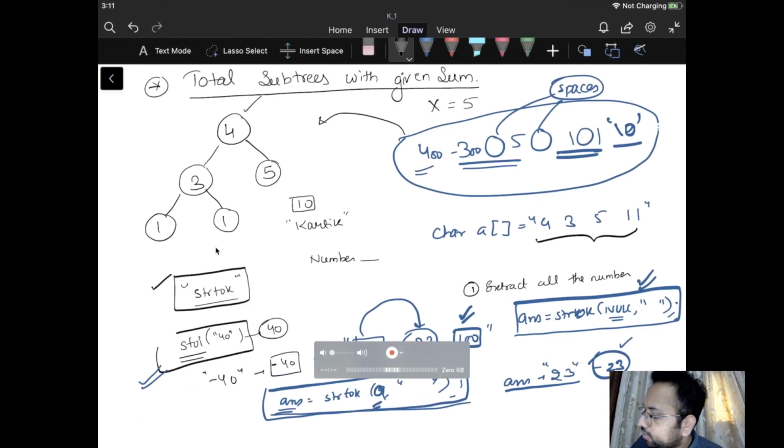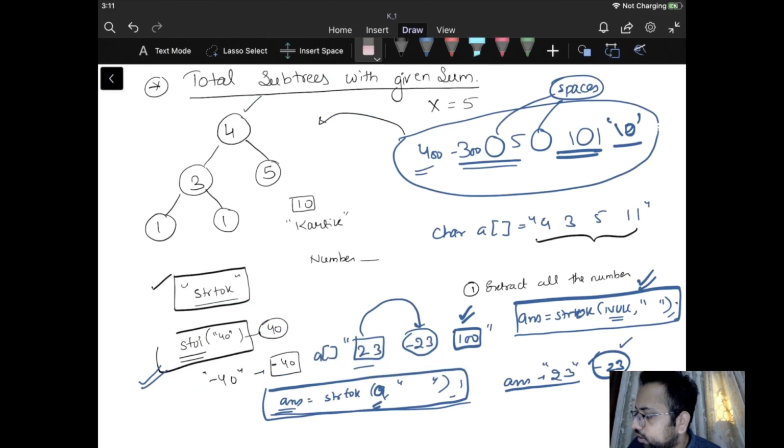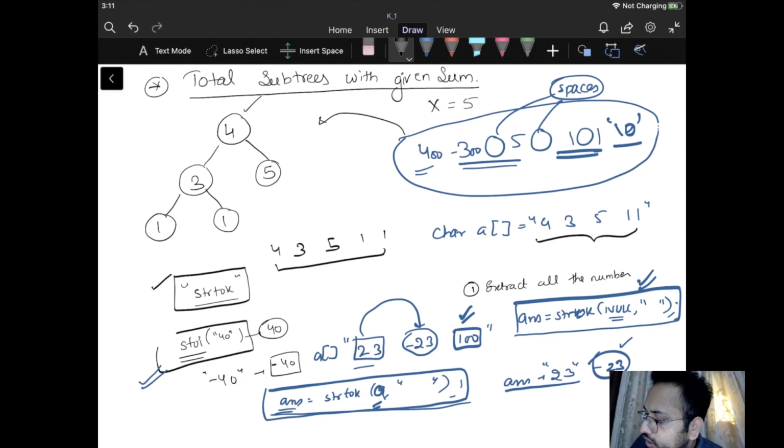Inside the array we will have these numbers, 4 3 5 1 1. We took the first node and we created the root node firstly.